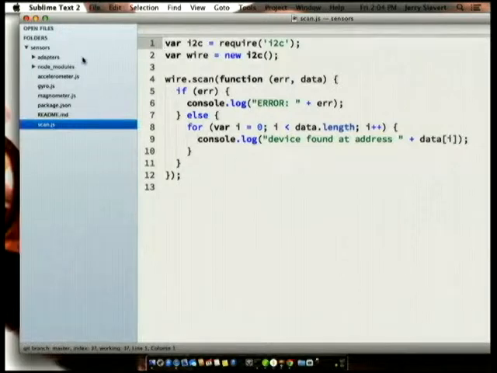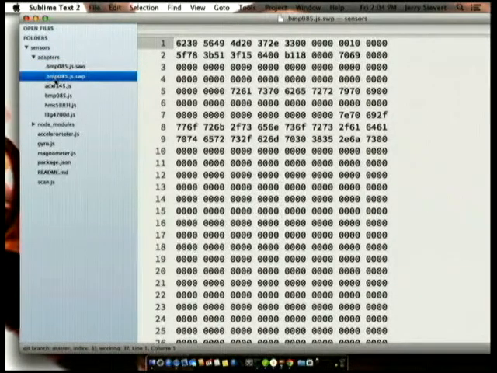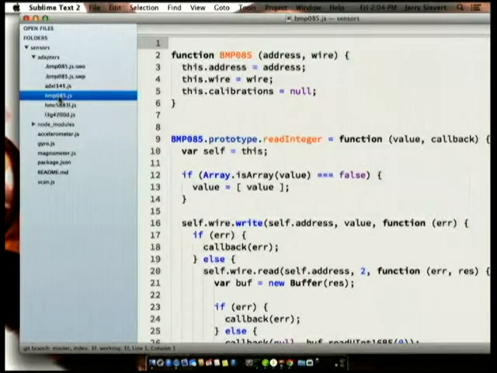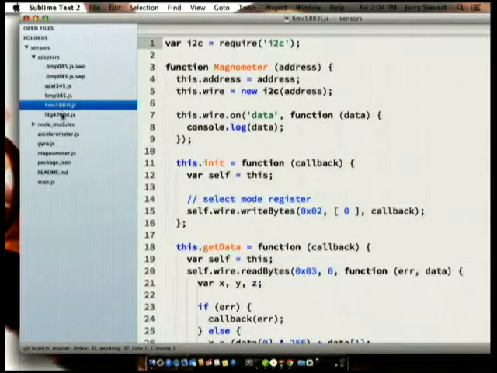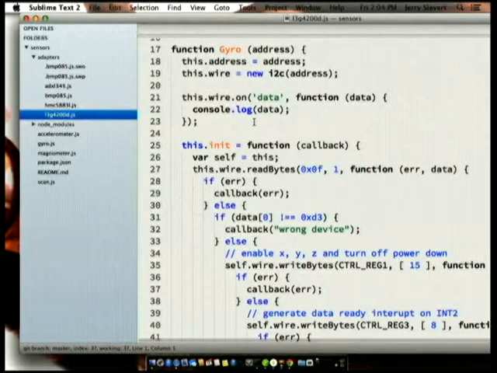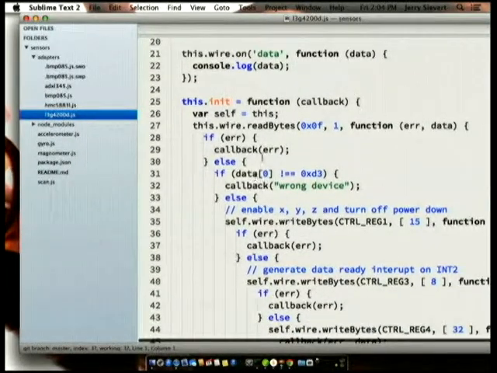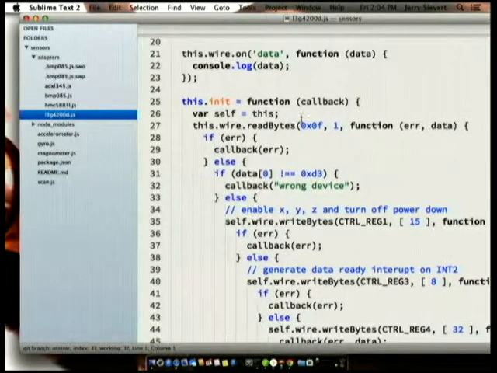And because code is awesome, and I did hear somebody earlier complaining that they hated presenters that just sat and showed code, but you know what? I like code. So I at least want to show you what some of this does. So gyroscope here. We are writing bytes as we init. We're writing the who am I. We're checking for 0xD3.